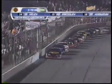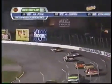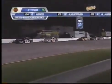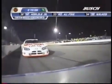All right, green flag. Boy, just cannot get this car going until after they run about 30, 40 laps. Now he has to watch the mirror to make sure he keeps that 41 car of Sorensen behind him. White flag, final lap tonight at